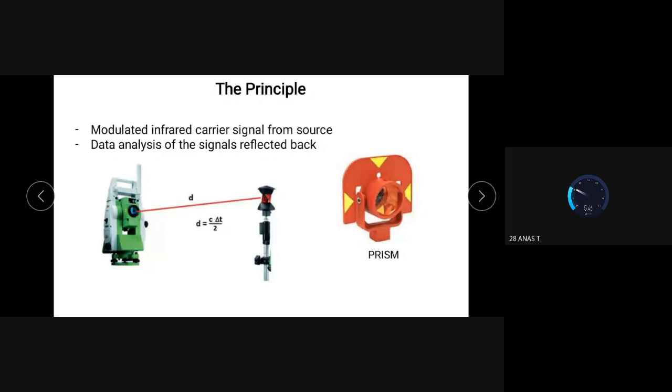After the preliminary setup is over, we will be viewing a point. At that point we will be placing one prism. The prism is another attachment which comes with this total station. At some conditions we may be using this prism.